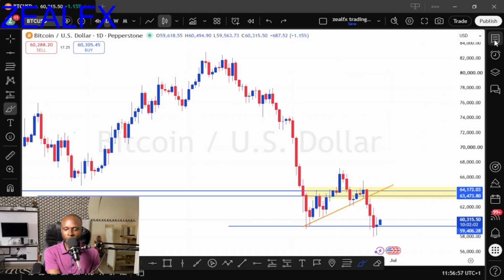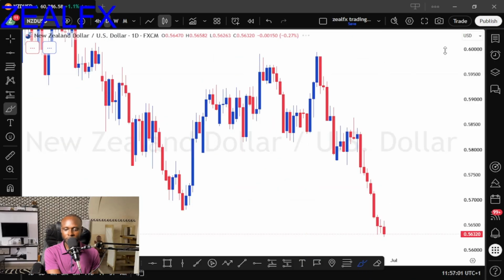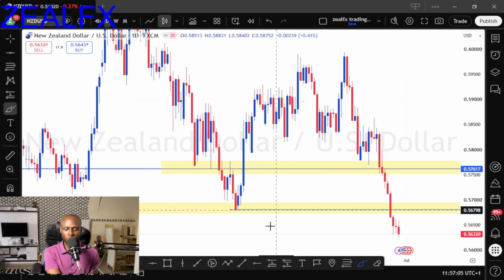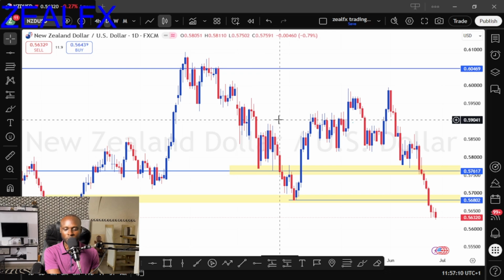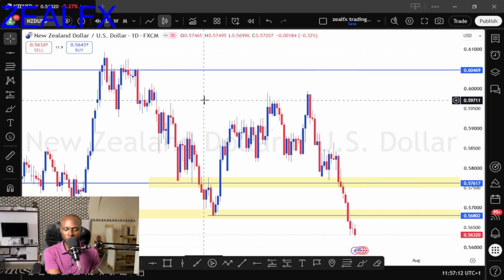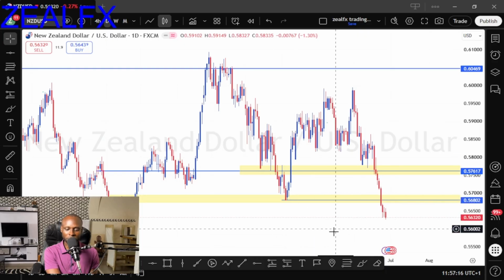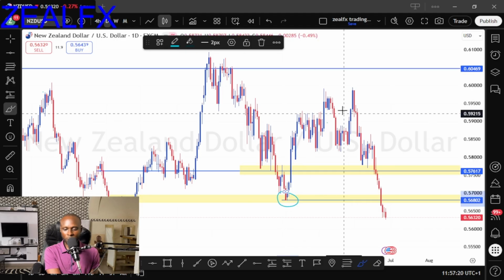So let's look at our next pair, which is the New Zealand USD. On my daily time frame, we see strong bearish momentum for a selling opportunity on the New Zealand USD. We can see price has already broken out of a major level. You can see we have price break out of this major level, and we can see that price created this